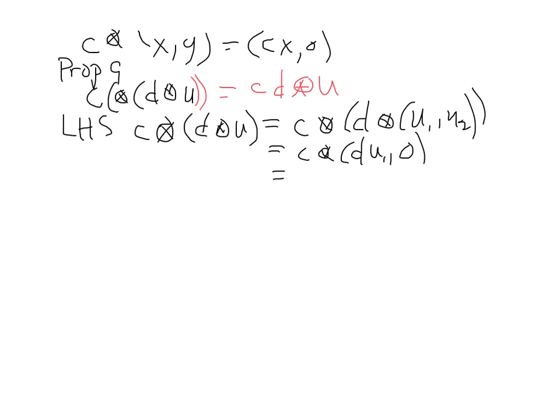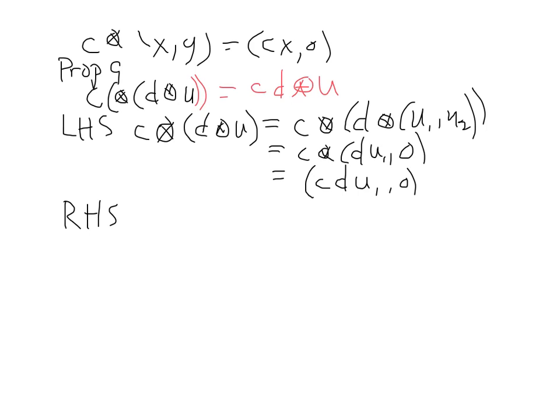And then we take that times c, that ordered pair du1, 0. We again end up with cd u1 comma 0. So far so good. We look at our right-hand side,